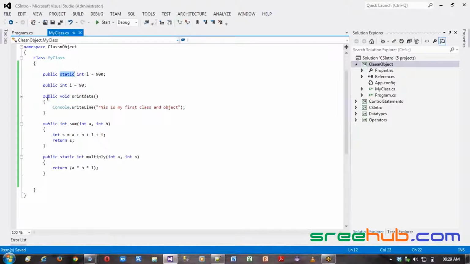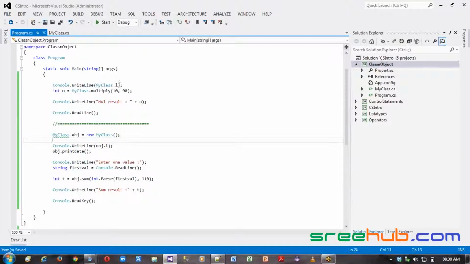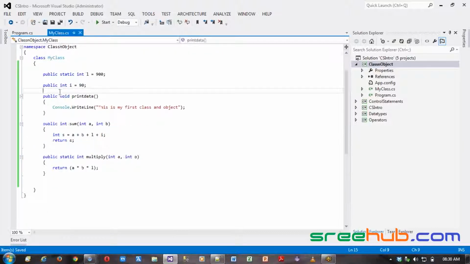In this way you can create any number of classes, methods and variables. So this is about class and object, and we have seen static variables too. In tomorrow's class we'll see further topics on constructors and all, because while creating an object we have a few more things which are getting